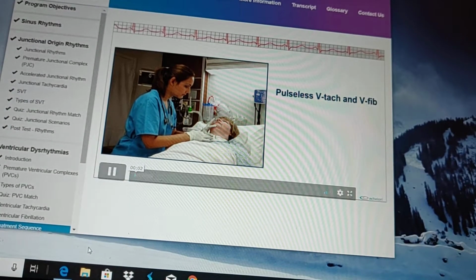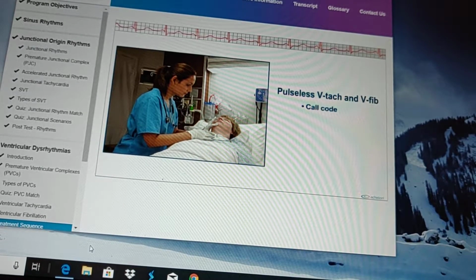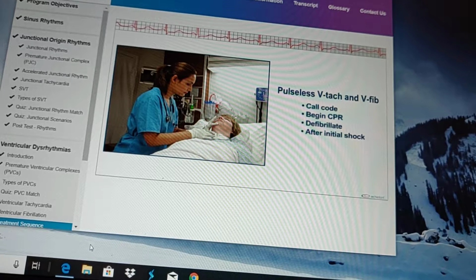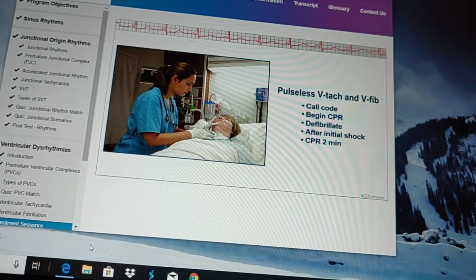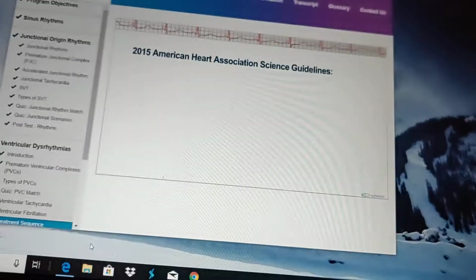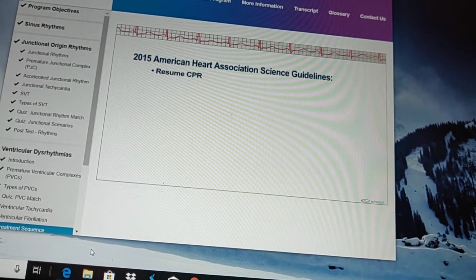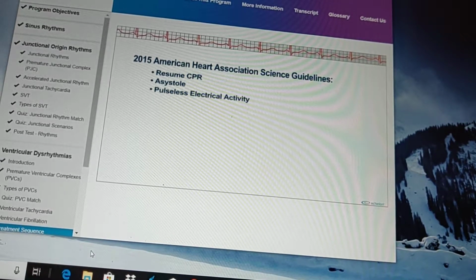Both pulseless ventricular tachycardia and ventricular fibrillation patients require immediate response. You must call a code and begin CPR. Defibrillate immediately. After administration of initial shock, begin CPR for 2 minutes, then reassess rhythm and pulse. The 2015 American Heart Association Science Guidelines recommend immediately resuming CPR because the most common post-defibrillation rhythms are asystole and